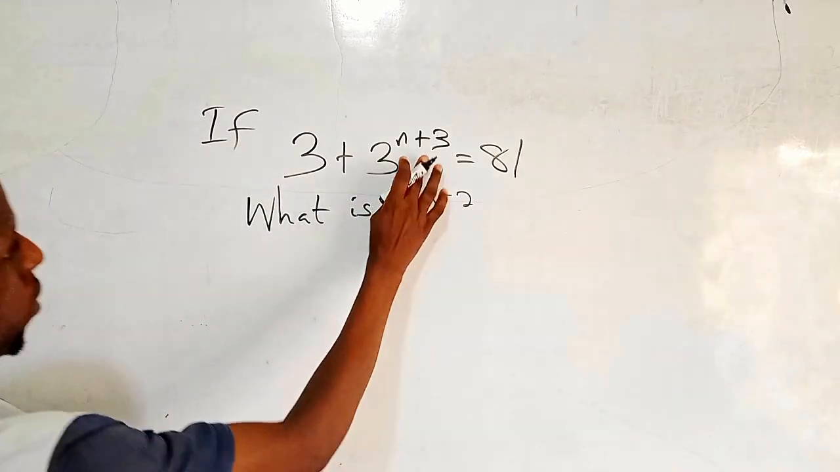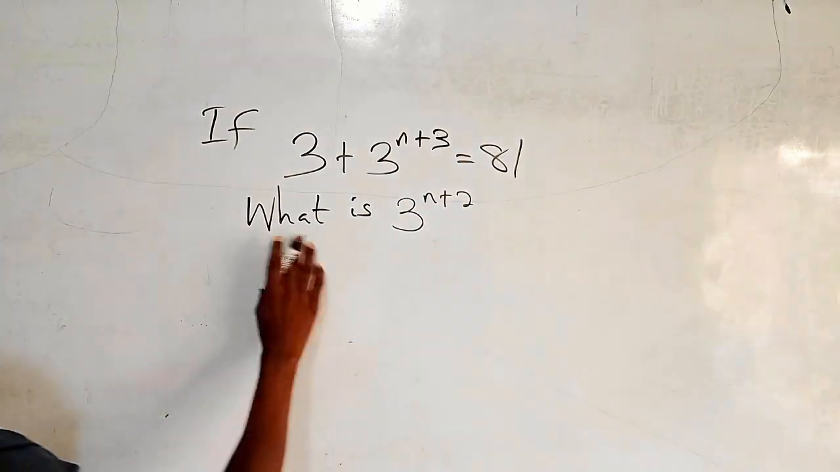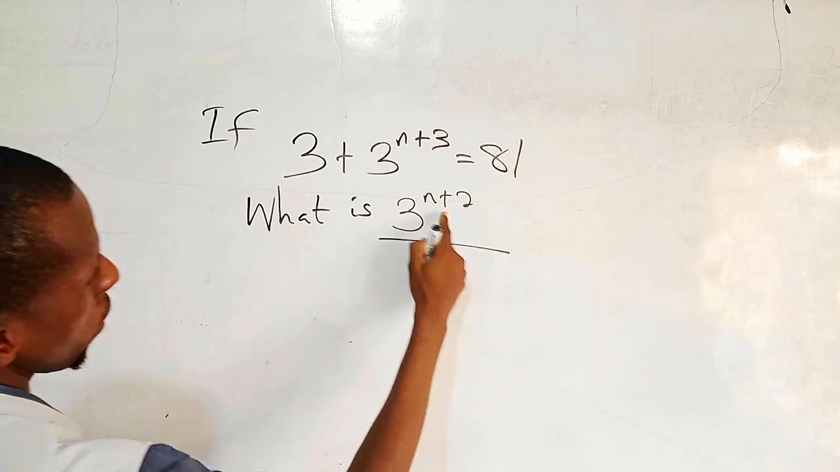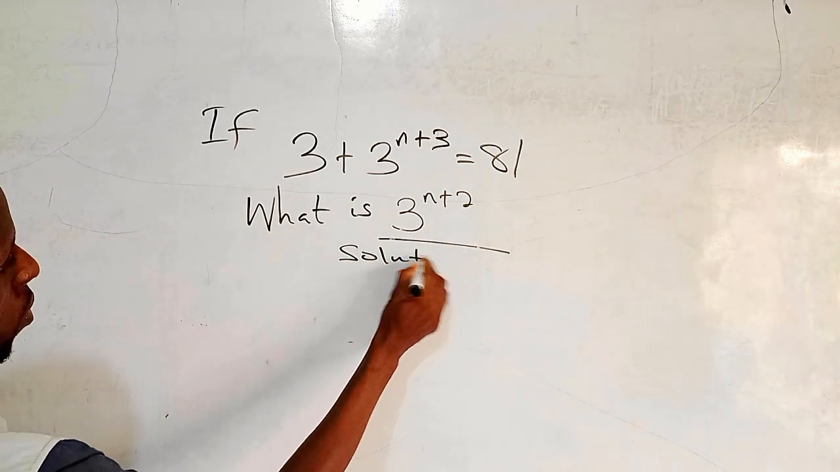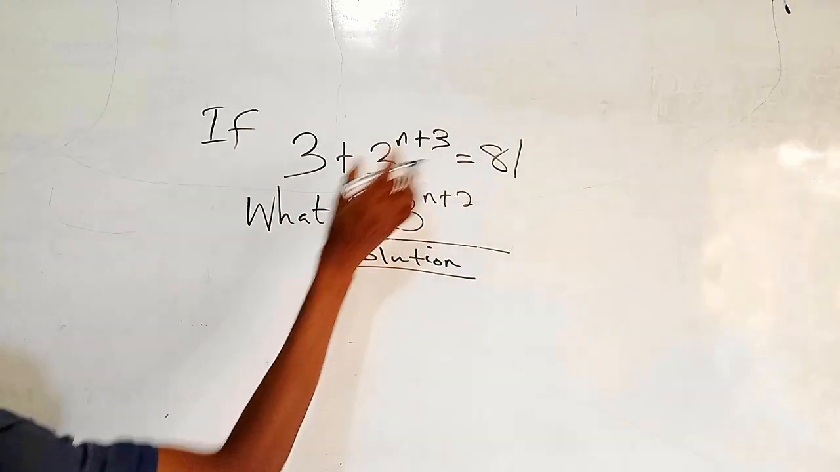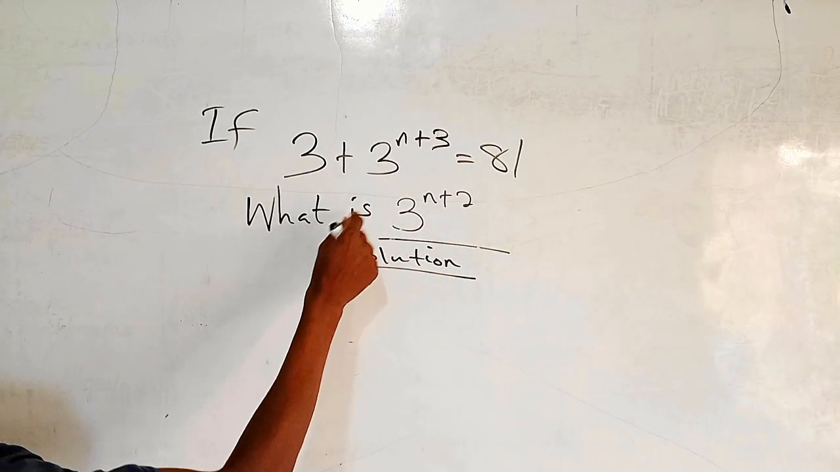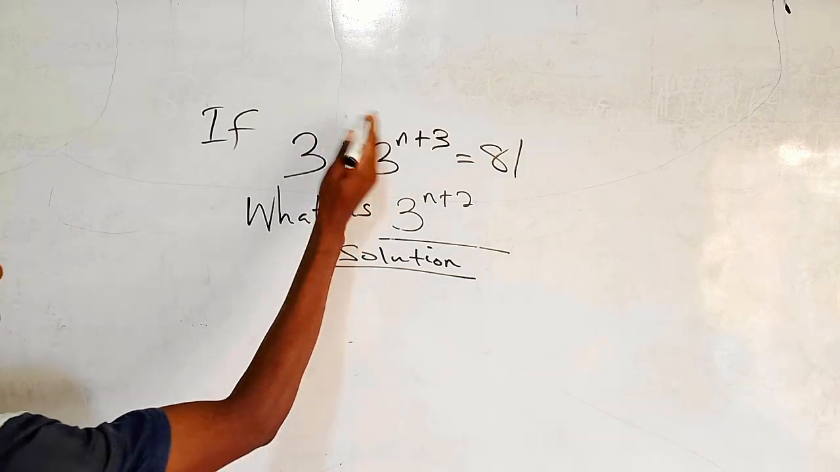If 3 plus 3 raised to the power n plus 3 equals 81, what is the value of 3 raised to the power n plus 2 as a whole? So the solution: when we have an exponential equation like this, when you look at the left hand